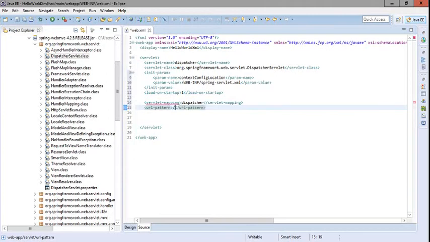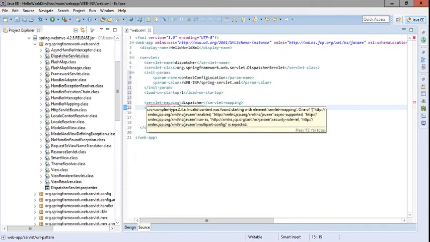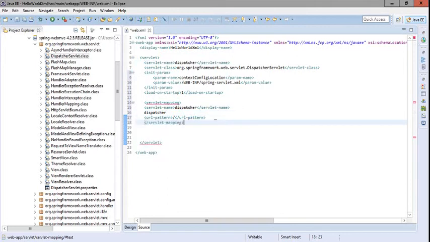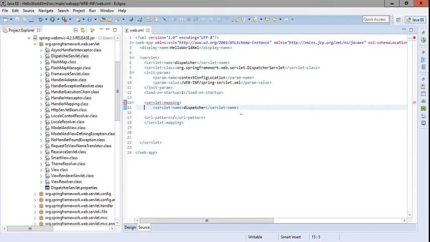Under servlet mapping there should be the servlet name, and this name goes here. Then the URL pattern, and we have to close this servlet here. Now this servlet is closed.